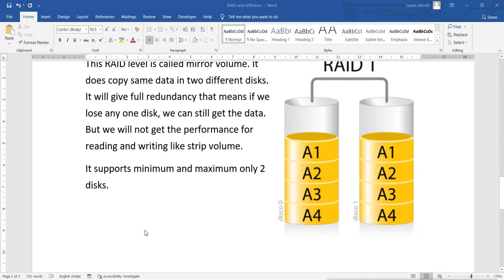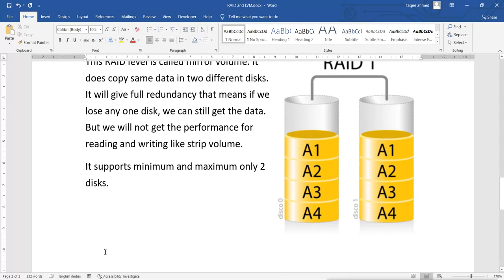So we have other levels. After level 1, you have level 2, level 3, level 4. Those levels are rarely used actually. Mostly nobody uses those levels.